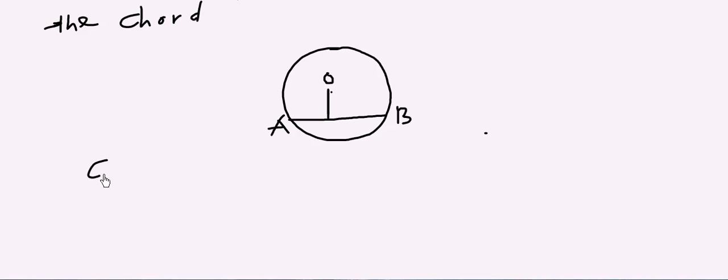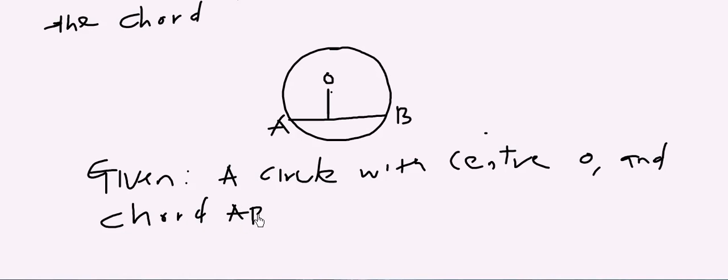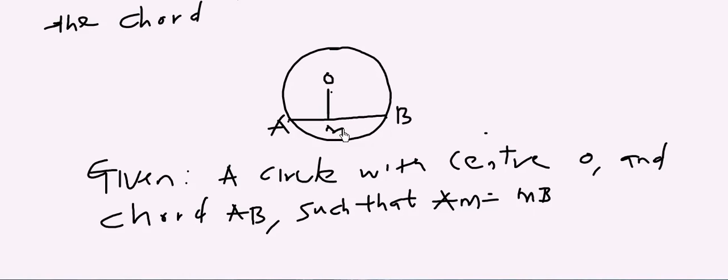So we are given a circle with center O and chord AB, such that AM is equal to MB. So M here is the center of the chord. We say that AM is equal to MB. We are trying to prove that this particular line drawn is at right angle. That means this angle here is 90 degrees. We'll see how we can prove that